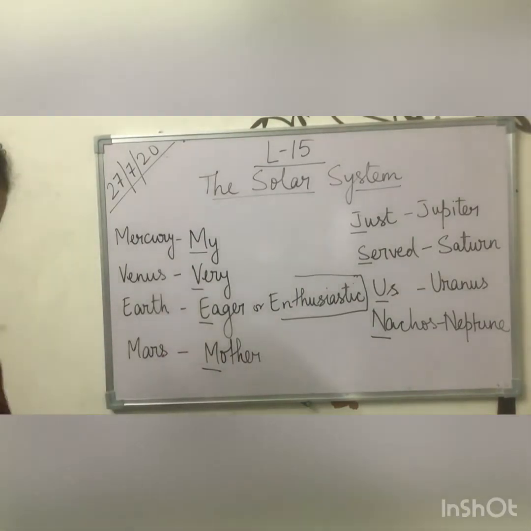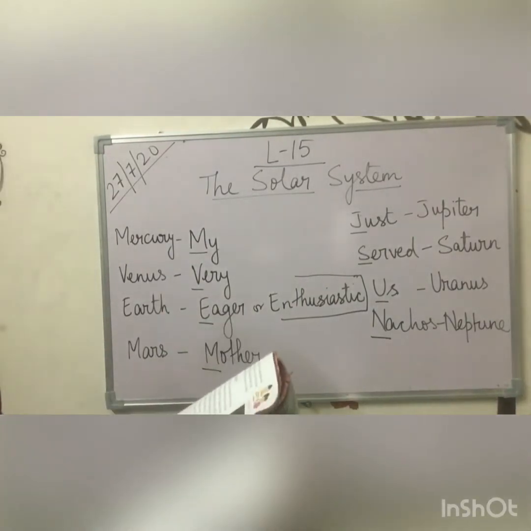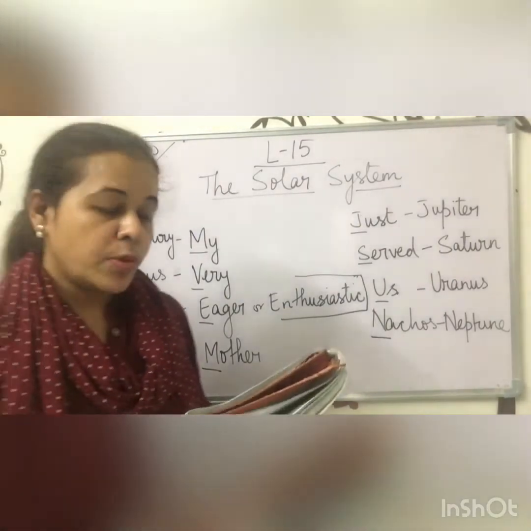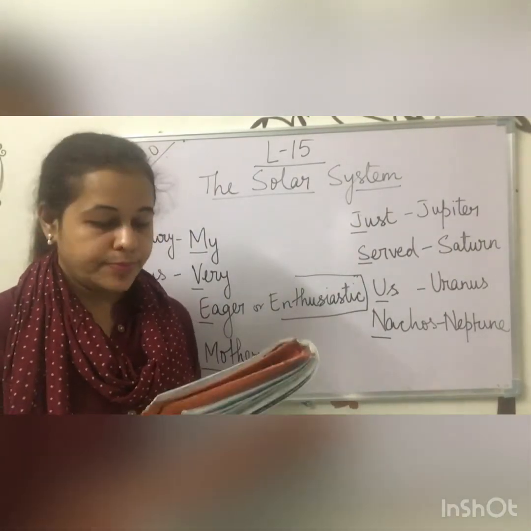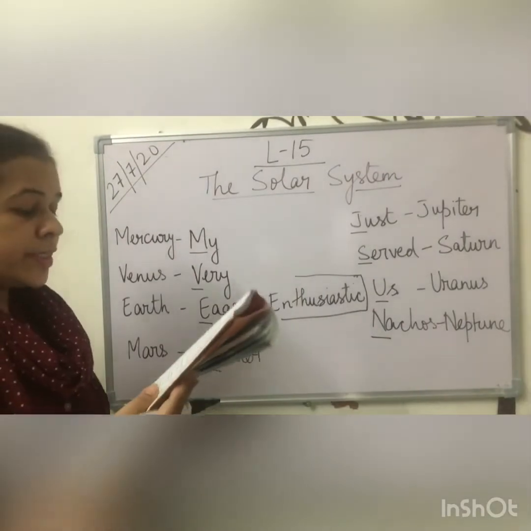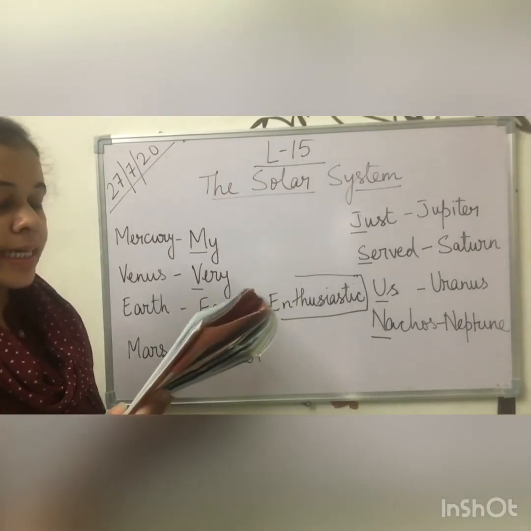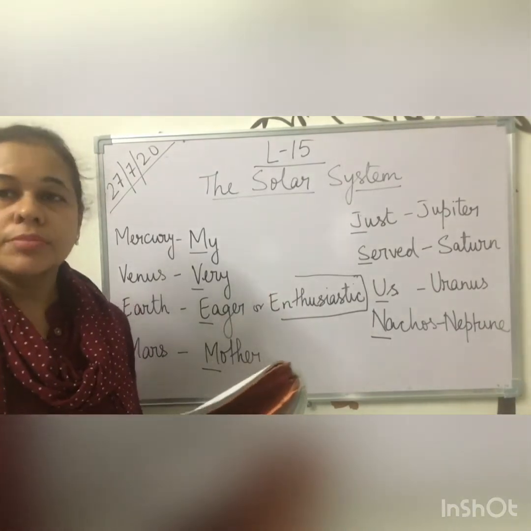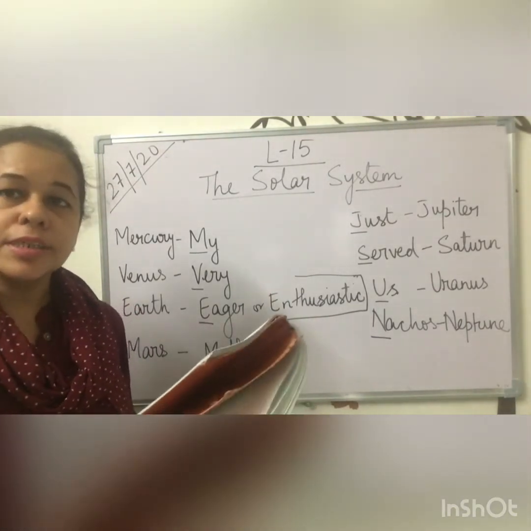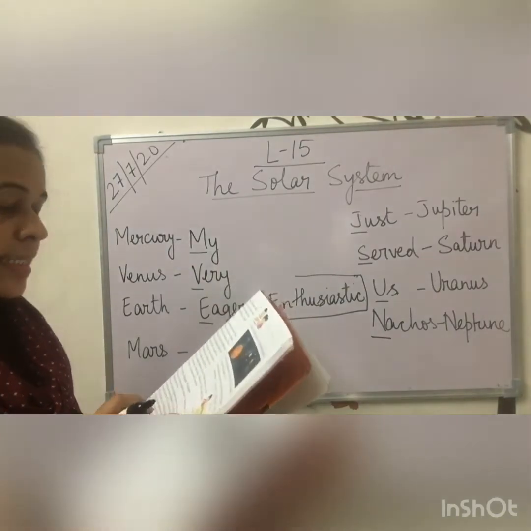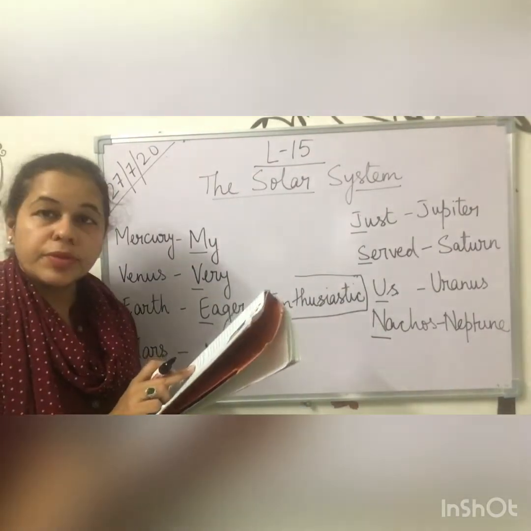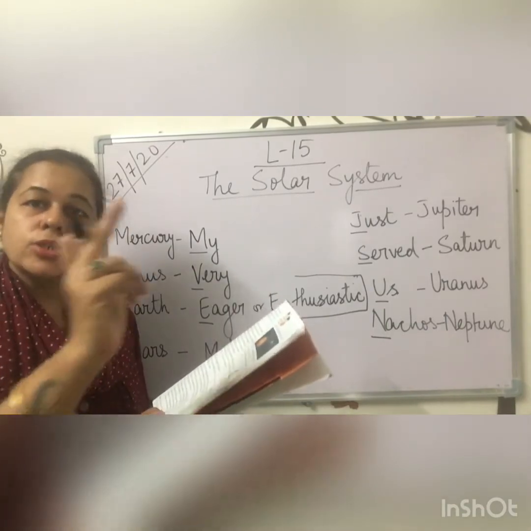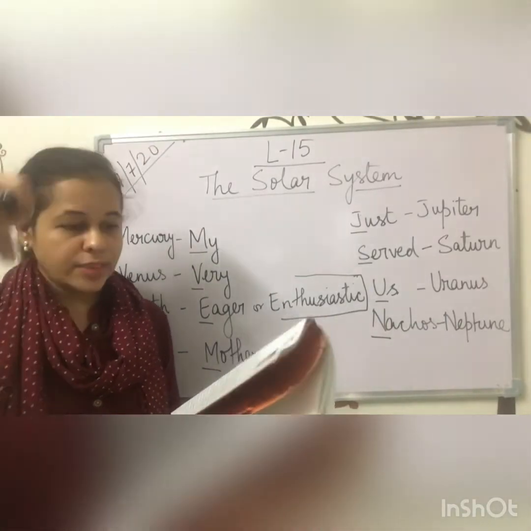Okay, now let us start with the book part, page 101. So we are going to learn about some important facts about the planets one by one. Mercury is the smallest planet and it takes 88 days to orbit around the sun. It is 87 point some days, so it is rounded off and it is said 88 days to orbit around the sun. So Mercury is the smallest planet and it takes 88 days to take a round around the sun.